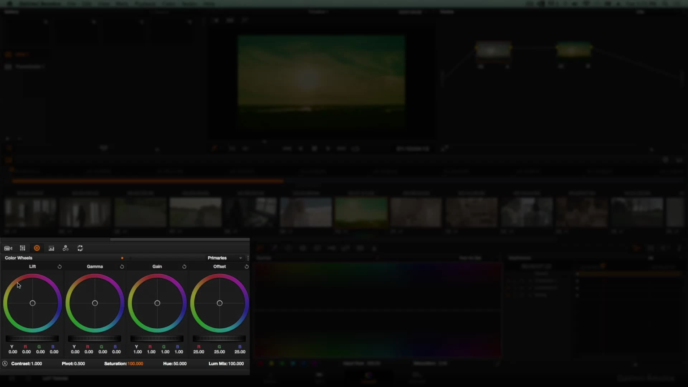So I have lift, gamma, gain, and offset. Lift controls the shadow tones, gamma controls the midtones, and gain controls the highlights, whereas offset sort of controls everything at the same time. And I recommend playing with all of these. They each are going to have obviously different results, but they all